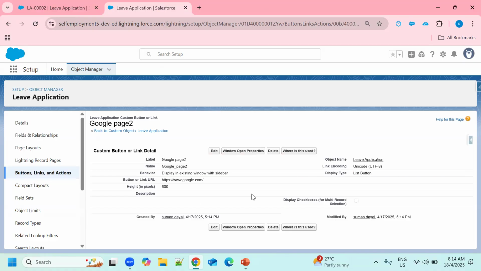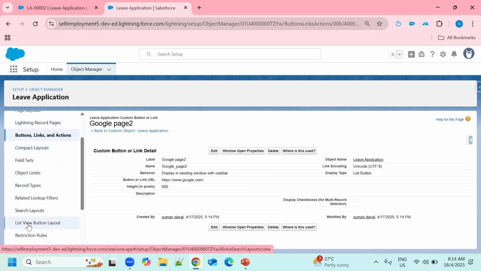So our button has been created. Because this is related to the related list and object, we will not put this link on the page layout. So scroll down, this is a list view button layout, so we need to add this button in this layout, right?